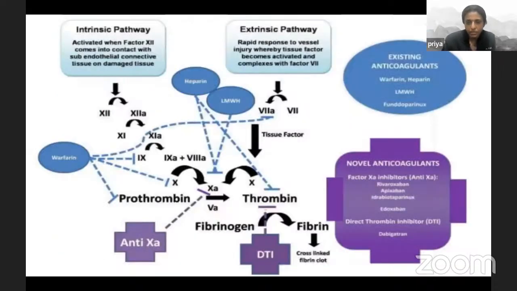So I think we're already running out of time. So we just need to understand that the novel anticoagulants, among which rivaroxaban is the one which we have for a long time. We also have direct thrombin inhibitors, that is dabigatran. Both of these,